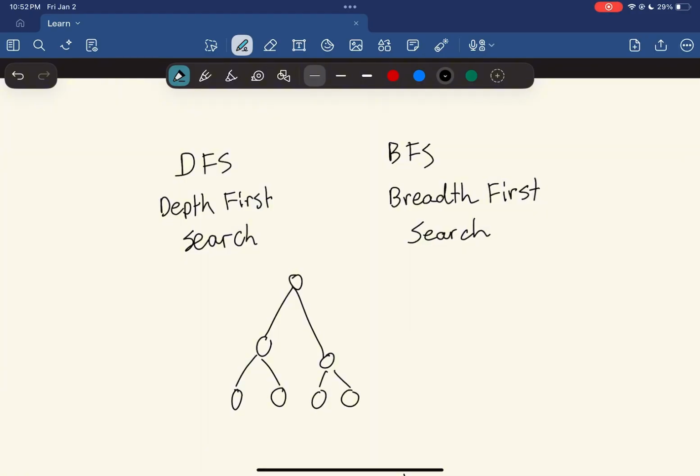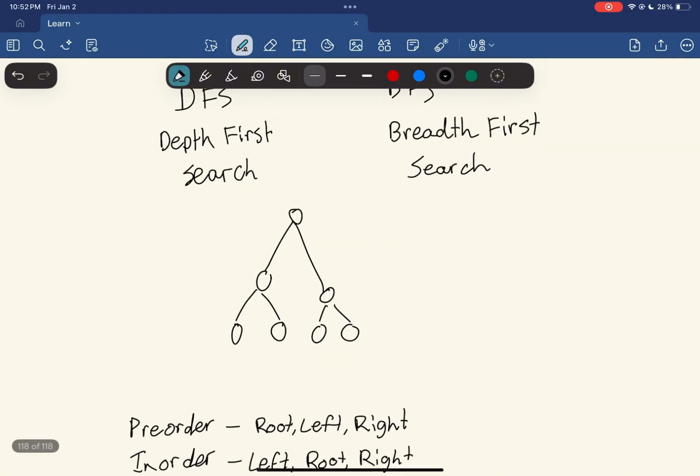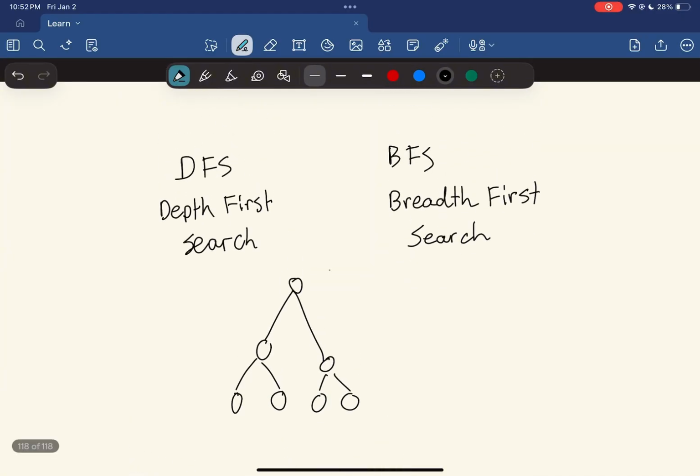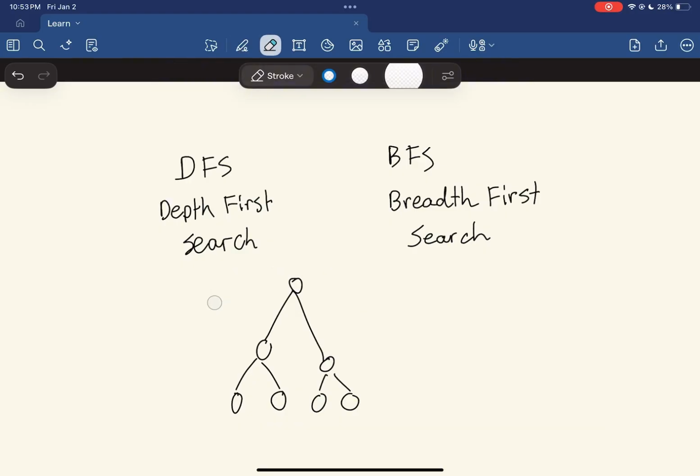The best way to explain it, I guess, is that with DFS, when you're looking at a tree right here, you want to go as deep as you can down one path before backtracking. That's DFS. Now for BFS, you want to explore all the nodes at one level at a time. Like I said,